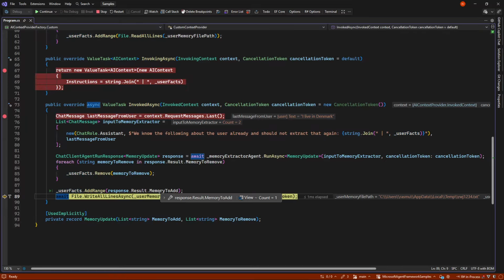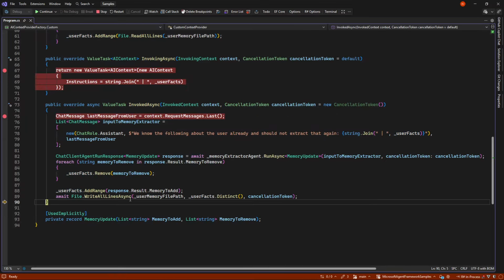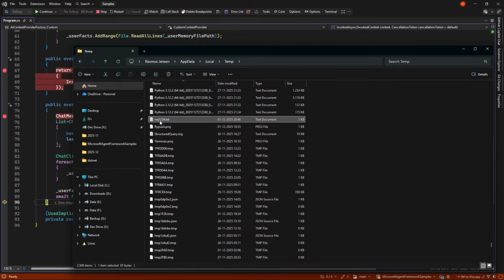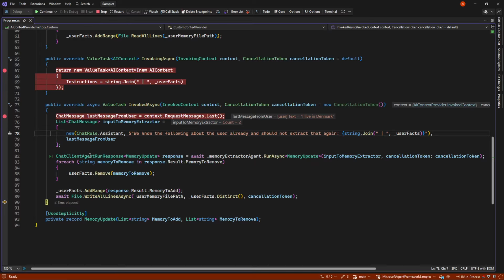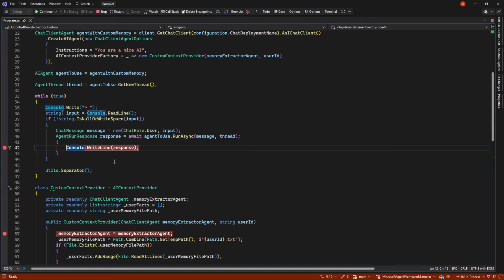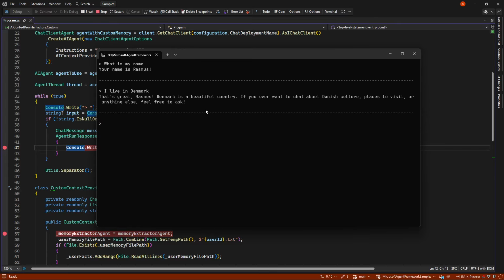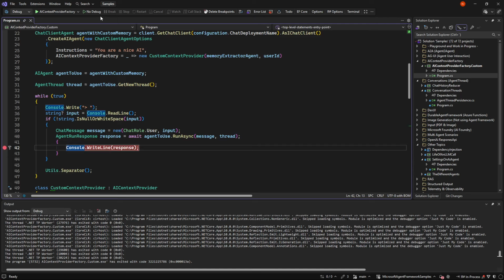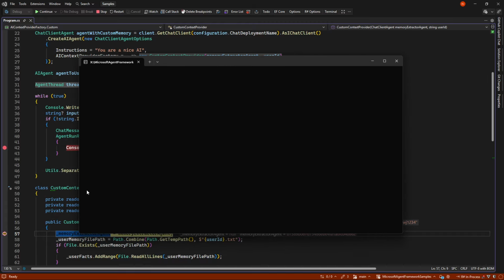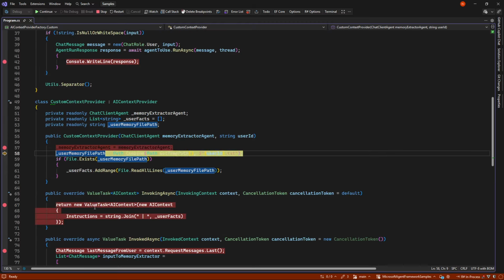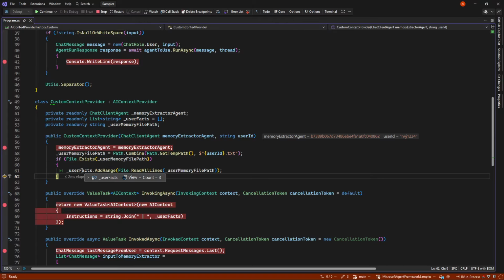So it now adds that memory. So we now have 3 memories in the file, and we can see that by just opening it and seeing we have 3 data. And it will just confirm that it has saved that. So when I stop this one and start it again, it now will get the 3 pieces of information. In this case, it's going in and grabbing them now, and it will have the 3 pieces of information.